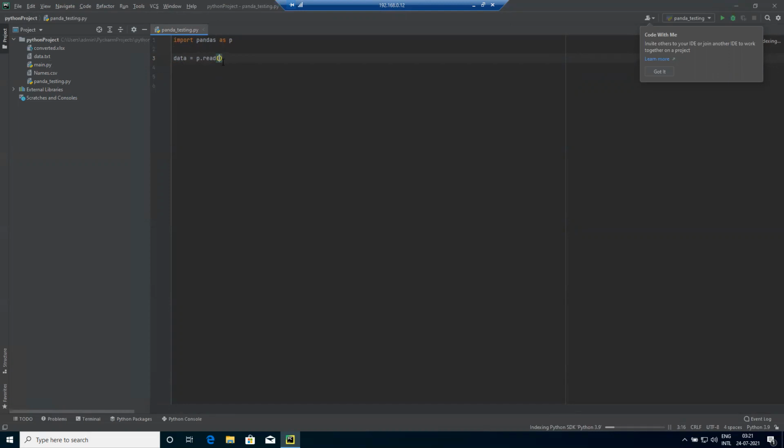Names.csv is there, right? read_csv, Names.csv, and with header equal to None. Let me print the data. When I run that,